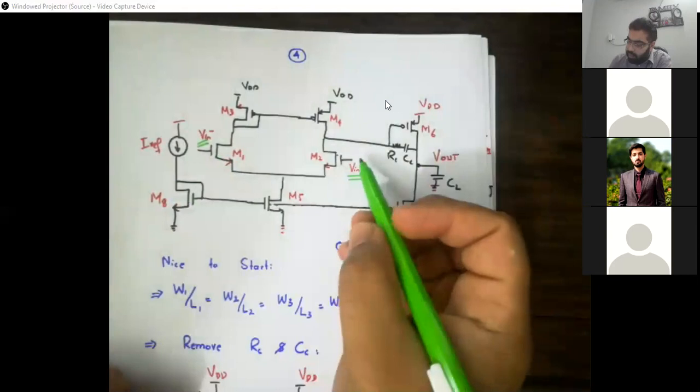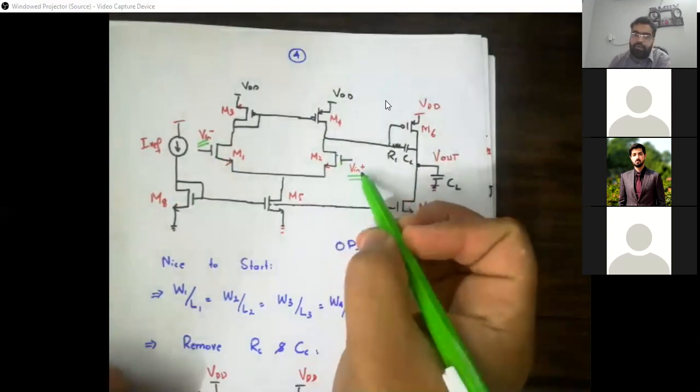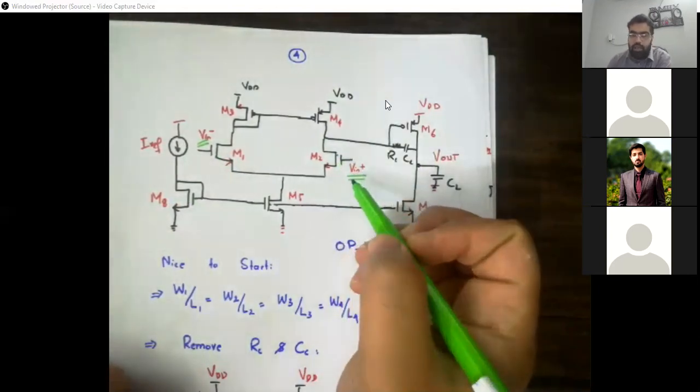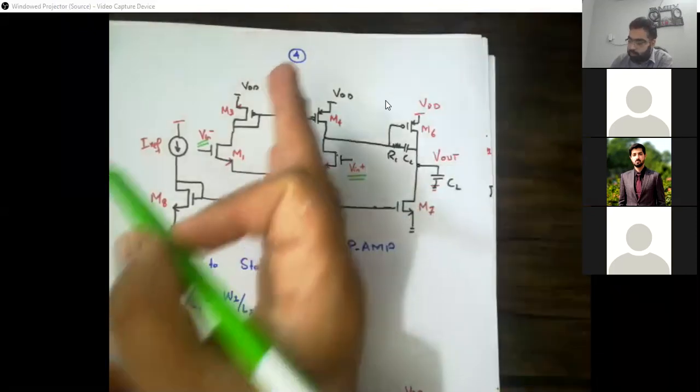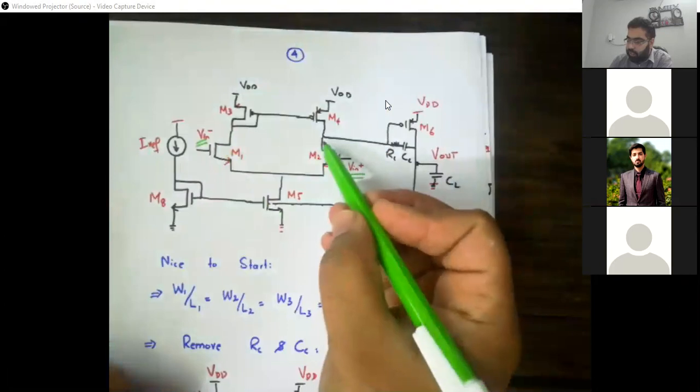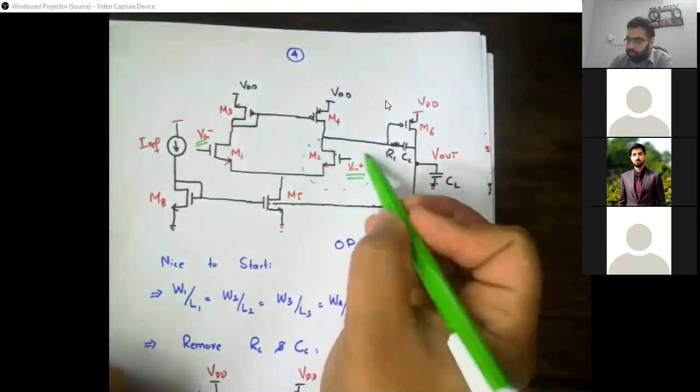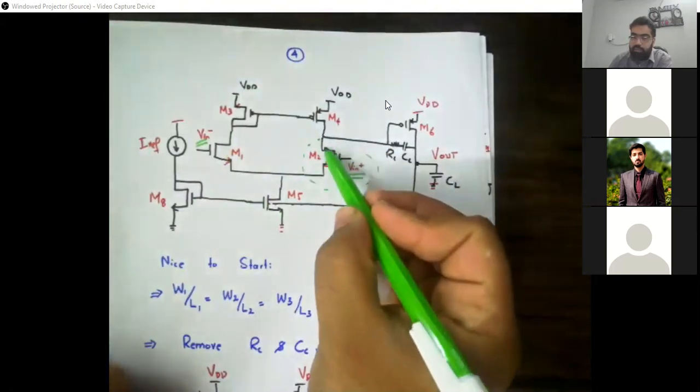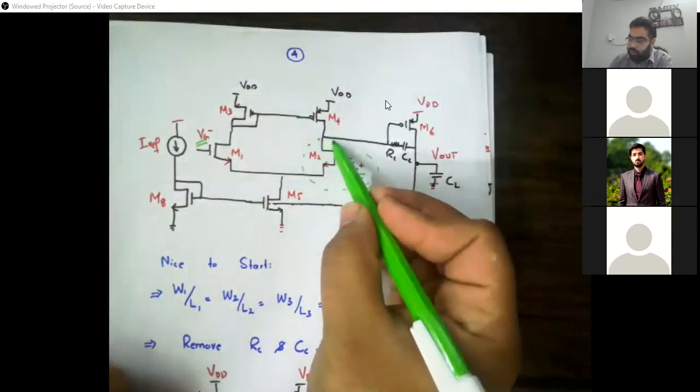So if we see, our signal will go from here. जब हमारे पास differential signal होता है, for analyzing we can only take one side. So let's take only this side at this moment. हम लोग इस side को ले रहे हैं just to see कितने stages हैं. हम यहाँ से जाएंगे signal path से. Signal will go here. So this is first stage.